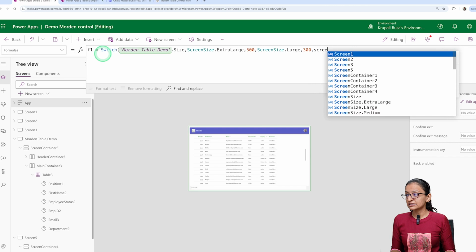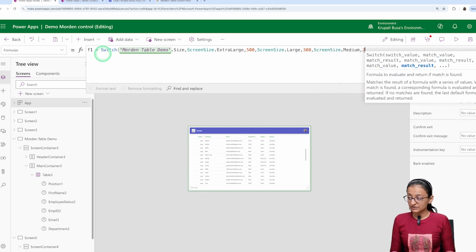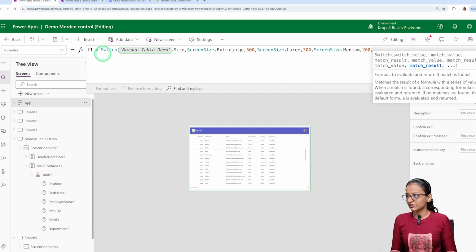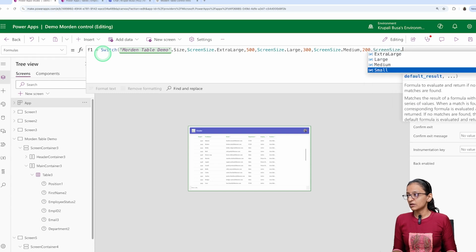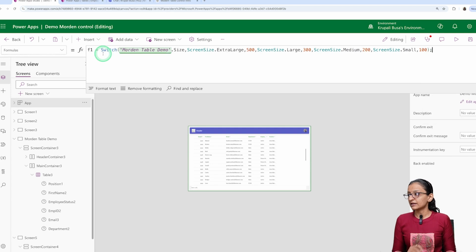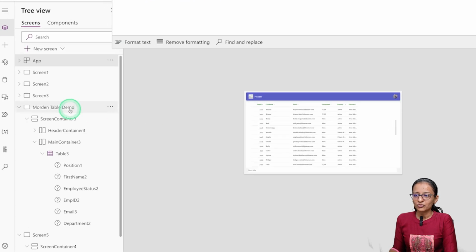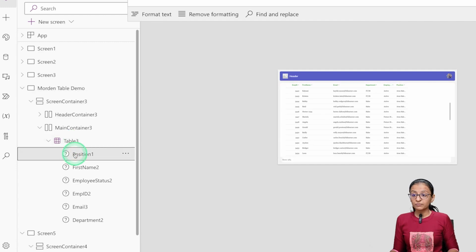Then let's say screen size medium, then the width is 200, then screen size small, then in that case you can say 100. Then complete the bracket and write a semicolon after that. So here a named formula is written. Remember, a named formula you can write in the Formulas property of an app. So save it. Now go to that modern control screen and click on the table, and pressing the shift